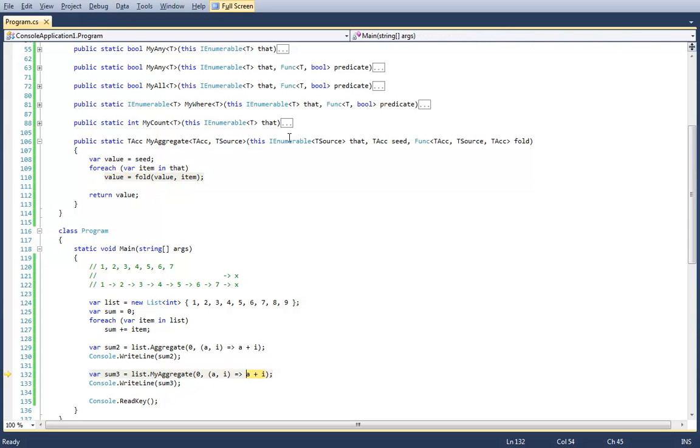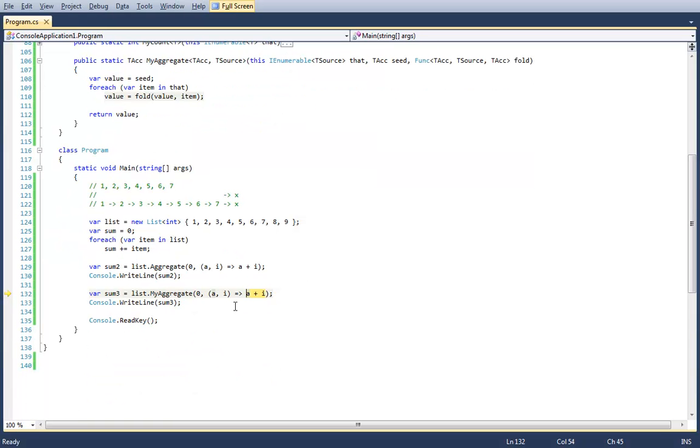So when I hit F11, notice how we jump into the lambda here on line 132. If I look at the parameters, A is 0 and I is 1. That's important. A is 0 because this is the first iteration and 0 is passed in as the seed. And I is 1 because that's the first item in the collection.